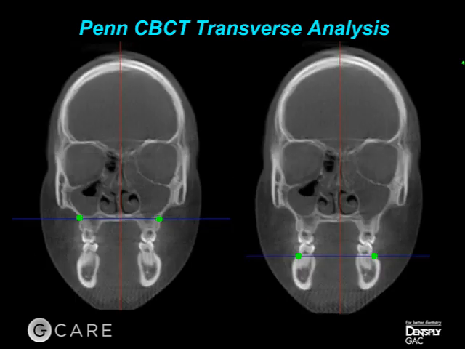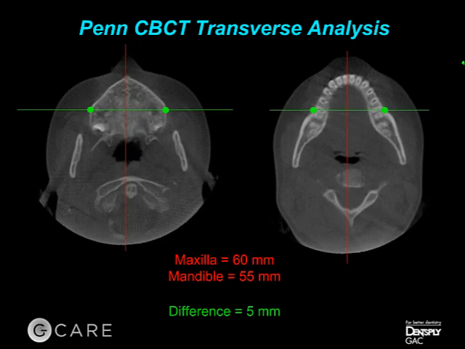So if we're looking at MXMX, mucogingival junction, on this patient, which is untreated, where the teeth are upright in the bone, centered in the bone, and well intercuspated, a maxilla measures 60, a mandible measures 55 for a difference of 5 millimeters. Now, if you think back a couple slides, when we talked about anatomy, being that cusp to